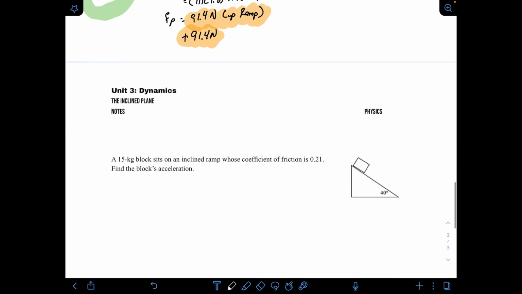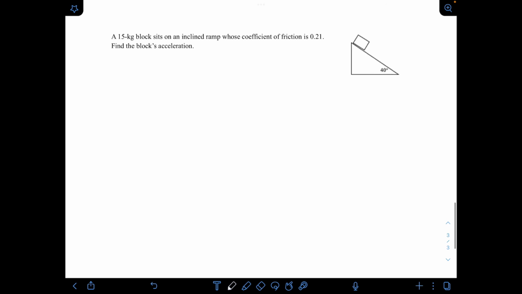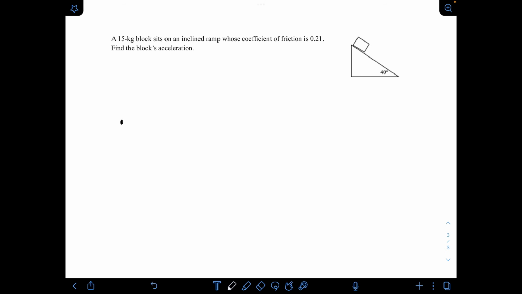All right, cool. So we have the last question that we'll look at, and now we have a frictional force involved. So we have a block of a certain mass sitting on an inclined ramp that has a coefficient of friction. So now there's friction involved. So there's no pushing or pulling. What's going to happen is the block will try to slide down the ramp of its own accord,